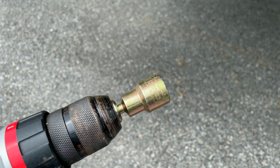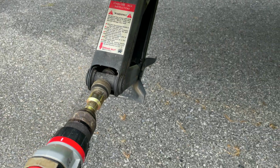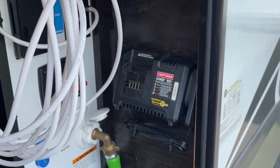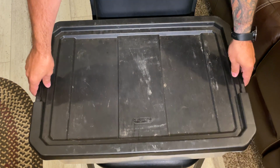I also carry a power drill to raise and lower my stabilizer jacks. It's just easier and quicker than using a manual crank. It's personal preference if you carry electric tools or if you carry manual tools, but if you do carry electric tools, make sure that you have the batteries charged before you leave and a means of charging those batteries while on the road. So let me show you some of the tools that we haven't talked about that I keep